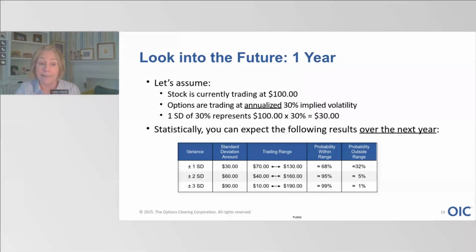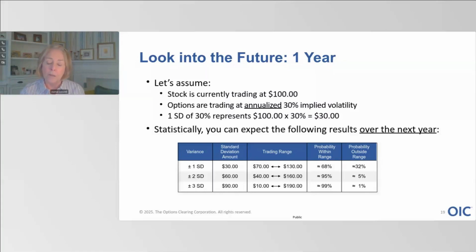So anyways, let's assume the stock is currently trading at 100. The annualized implied volatility is 30%. So for a one standard deviation move, I would expect that move to be $30, whether that's up or down. So one standard deviation, I'm looking at a range of $70 on the downside, and on the upside, somewhere at